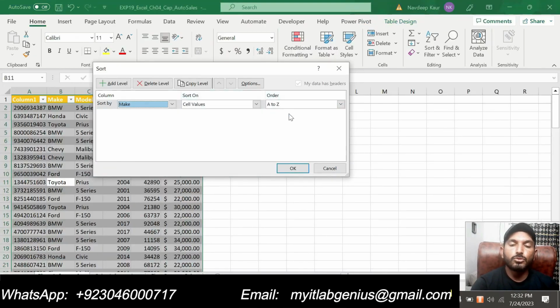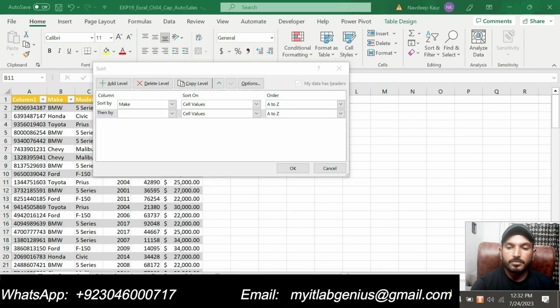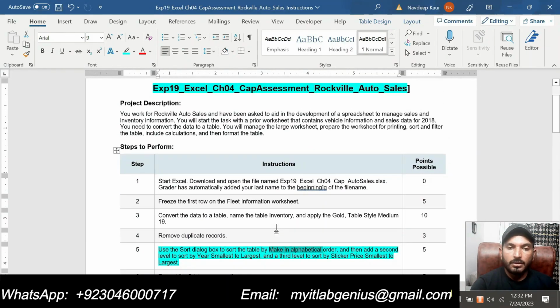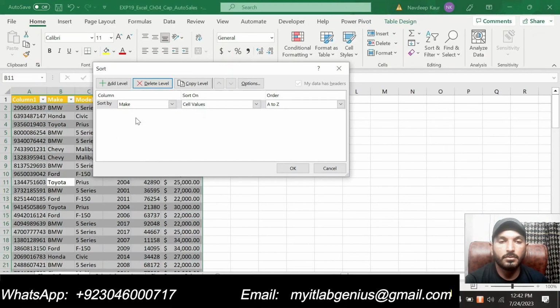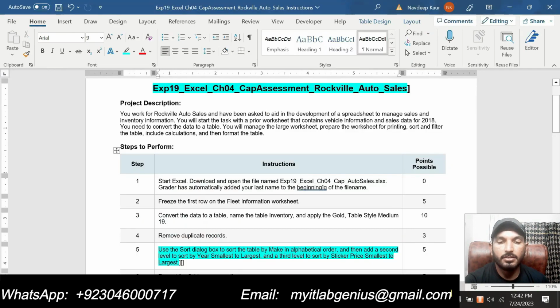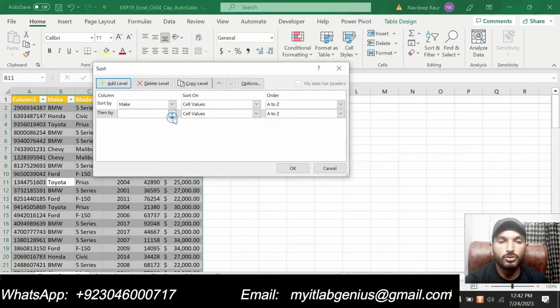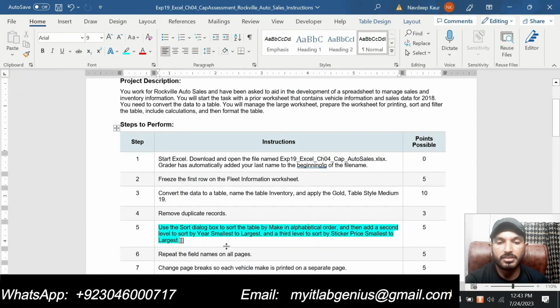Now we are supposed to add a second level for this sort, by year smallest to largest. So we will add a second level and it should be by year from smallest to largest as mentioned in the instruction.